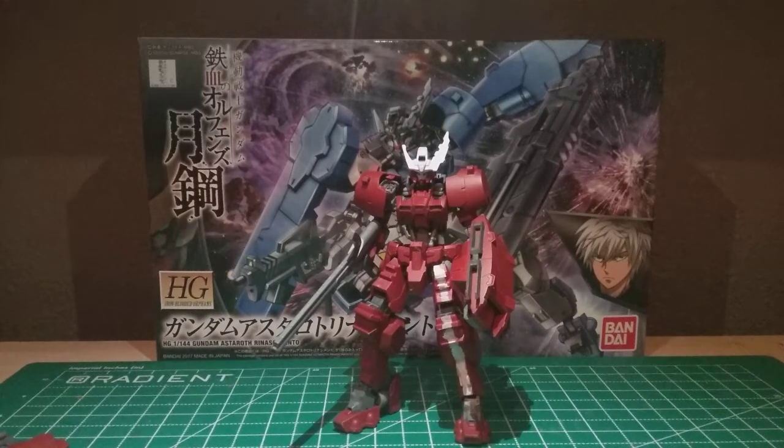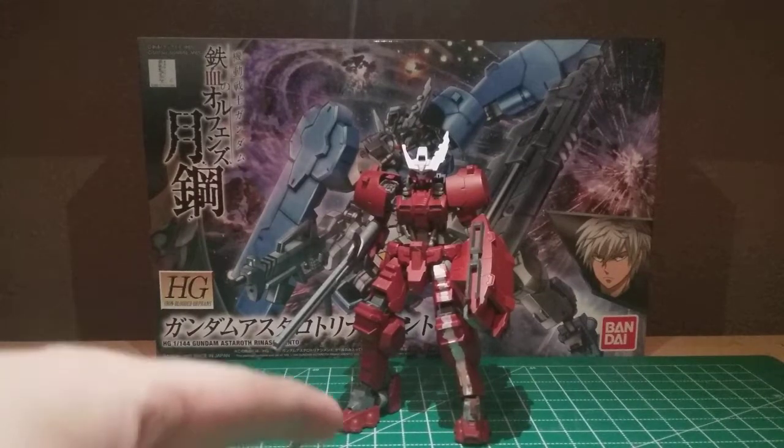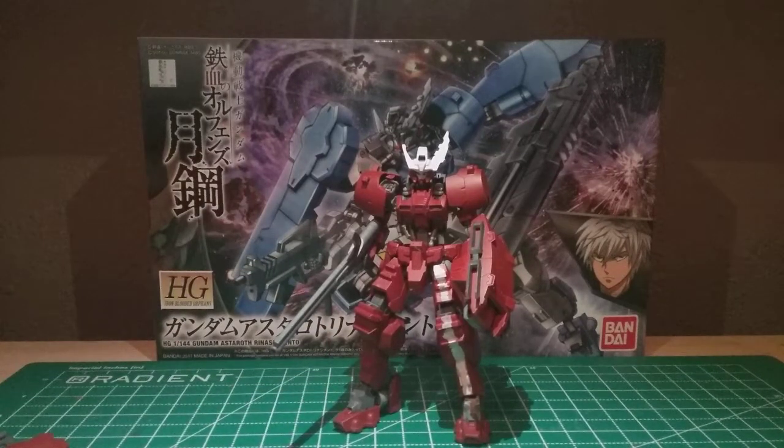This is the ASW-G-29 Gundam Astaroth Cimento Luna. It is essentially just a slightly modified Cimento form of Astaroth, now taking on its original colors with some slight additions to it, mainly being the white stripe running across the left blade. That is a homage to the Testament Gundam